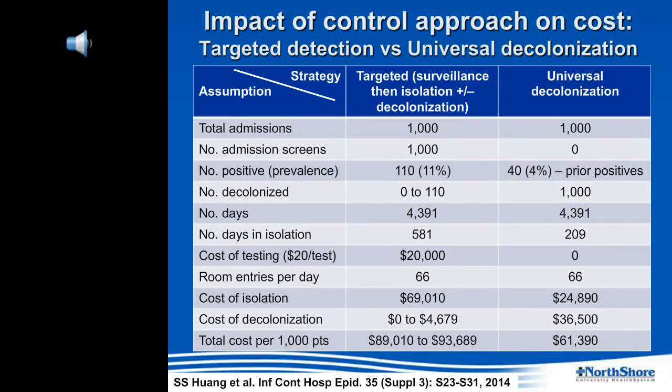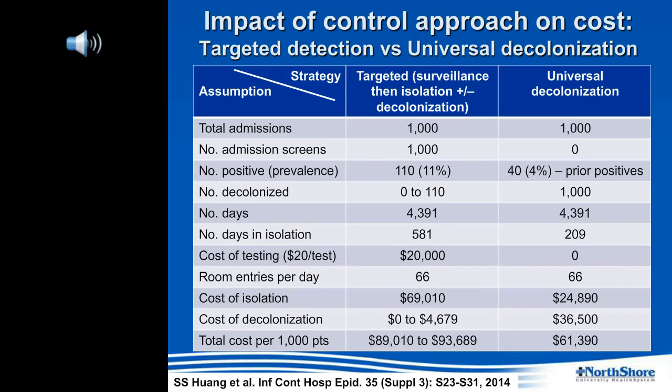So another outcome to look at is the economics of MRSA testing. This looks per 10,000 admissions, and this is using the same universal decolonization data that we discussed earlier, which was published a little earlier in 2014. Looking at 1,000 admissions, the targeted surveillance and then isolation or decolonization is in the middle column, universal decolonization